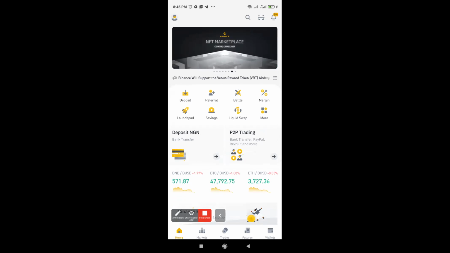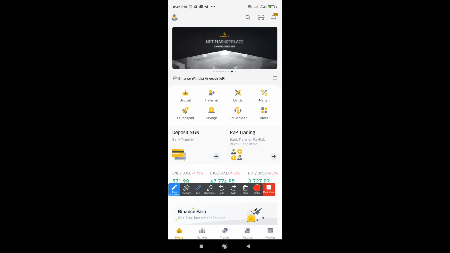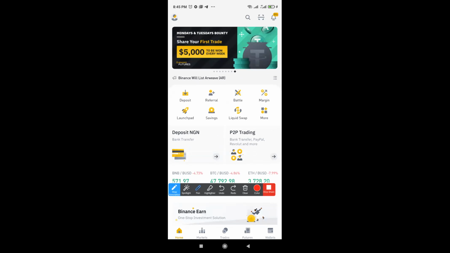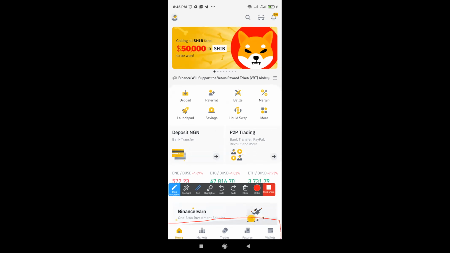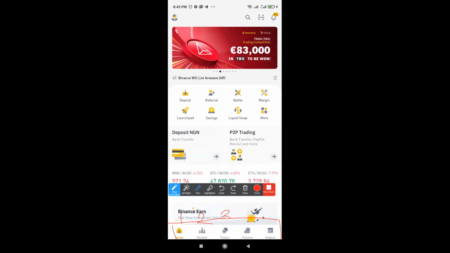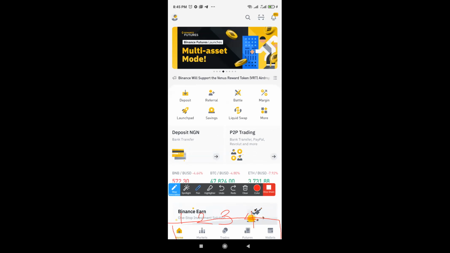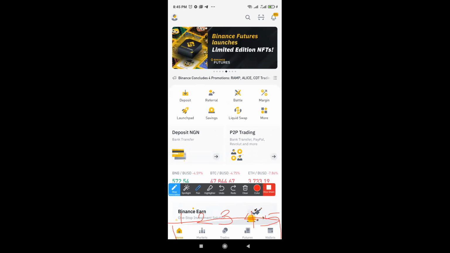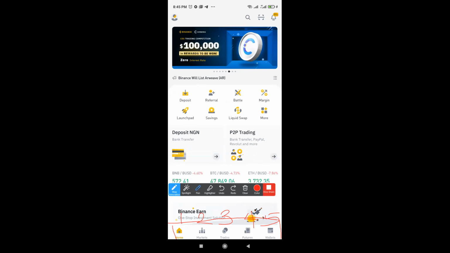Now, secondly, I want you to focus on 5 places on my screen right now. At the bottom, you can see home, markets, trades, futures, and wallets. I'm going to explain each of them and how you use them.